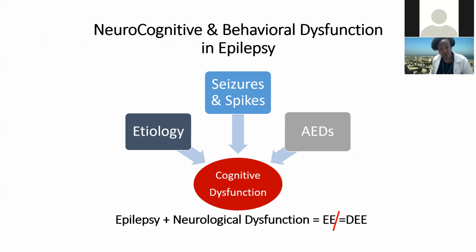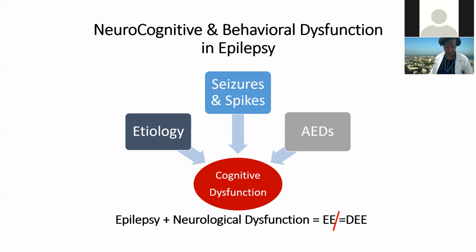There is also a contribution from the anti-seizure medication that we cannot deny, right? Because many of these anti-seizure medications are working in the brain and are slowing down the cognition. Cognitive side effects from the anti-seizure medications are well known and studied over the years, right? So the medication that we use to solve this problem, seizures and spikes, is also contributing to cognitive problems. But guess what? The etiology does matter, because we can eliminate the seizures and spikes in many patients, yet we will not get an improvement in cognitive dysfunction, okay?